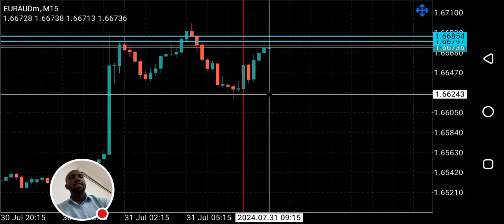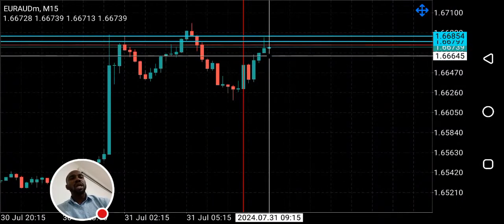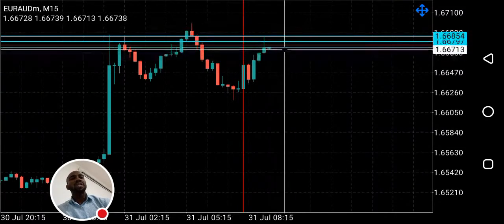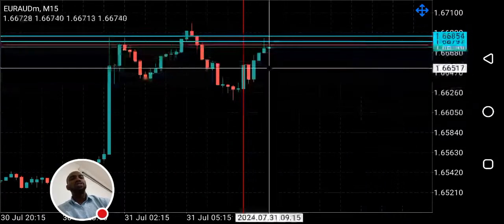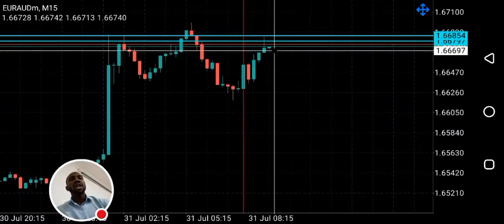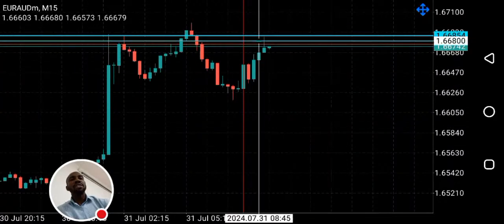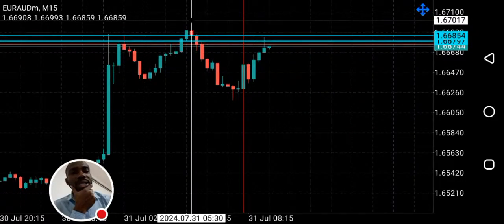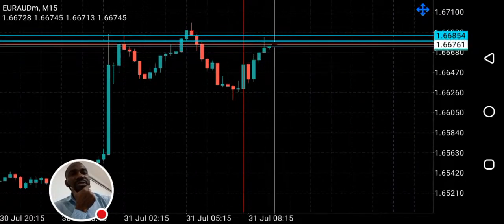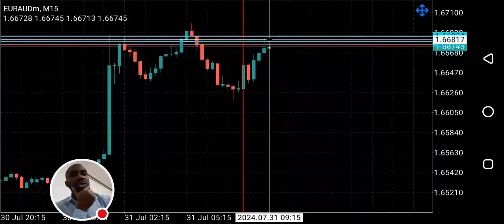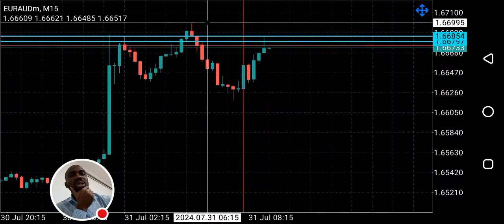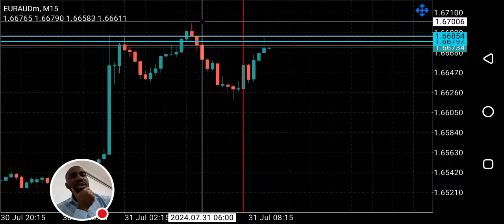You can look at the pattern that formed inside the gap. This is a shooting star, a bullish shooting star. After the formation of a shooting star, expect to wait for the next candle to close bearish. So if the current 15 minutes candle closes bearish, one can consider selling Euro or Australian dollar, and your stop loss should be at least 20 pips above the high of this candle. That's my take on Euro Australian dollar.